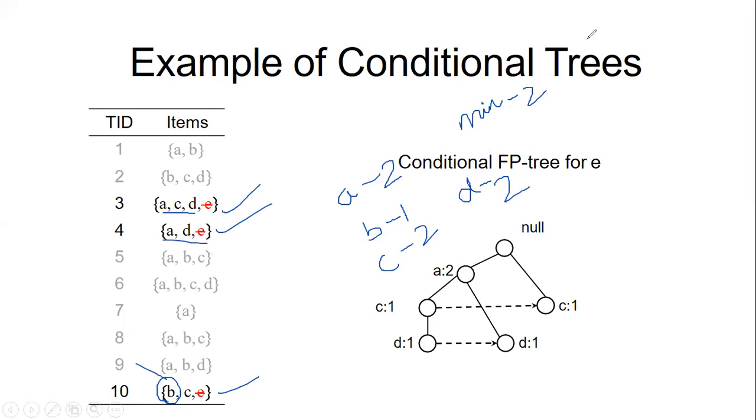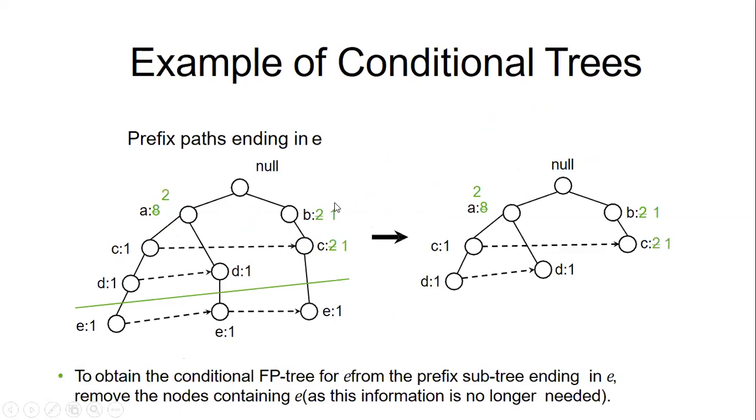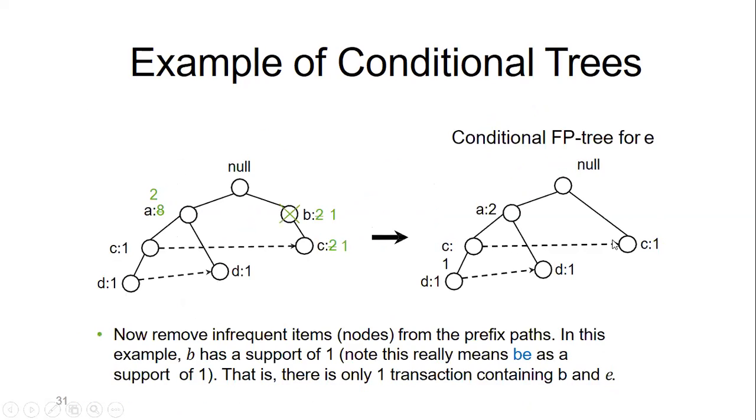So when we take this, the item is frequent if it is equal to or greater than 2. So this is 2, selected. This is 1, don't select it. This is 2, this is 2. That's the reason B is not shown here. Hope you are understanding. So it is saying that the path B is infrequent, so B is taken out.